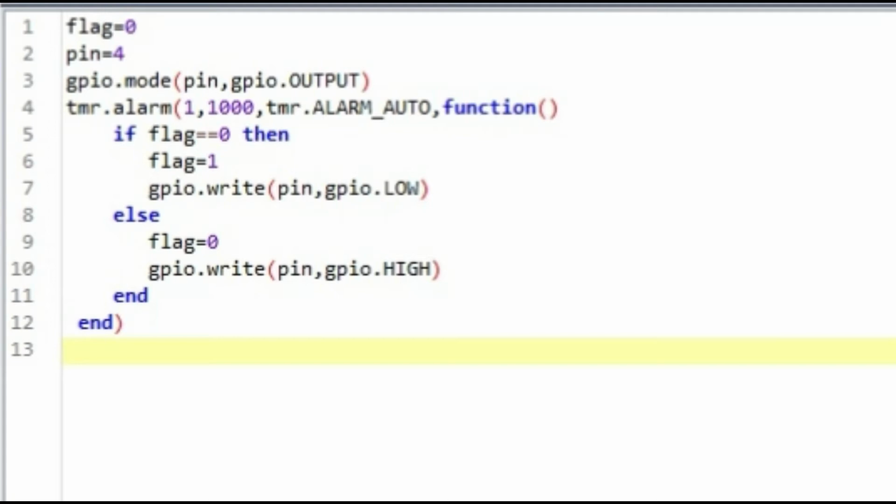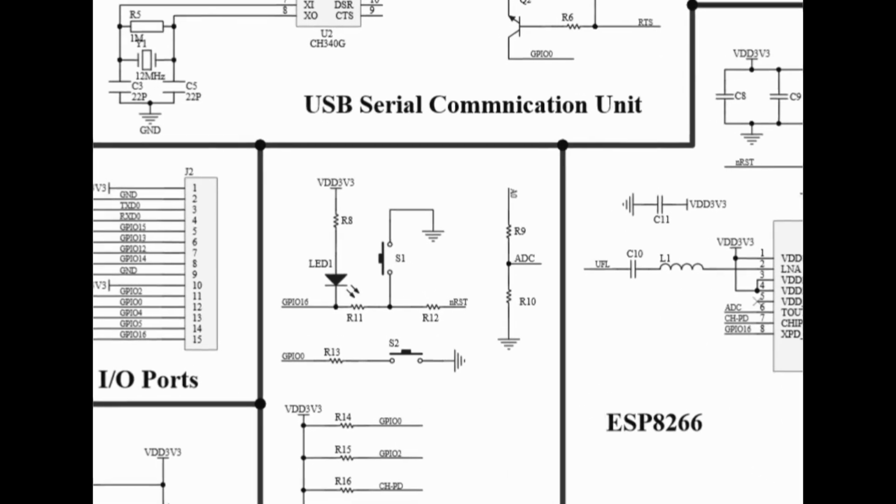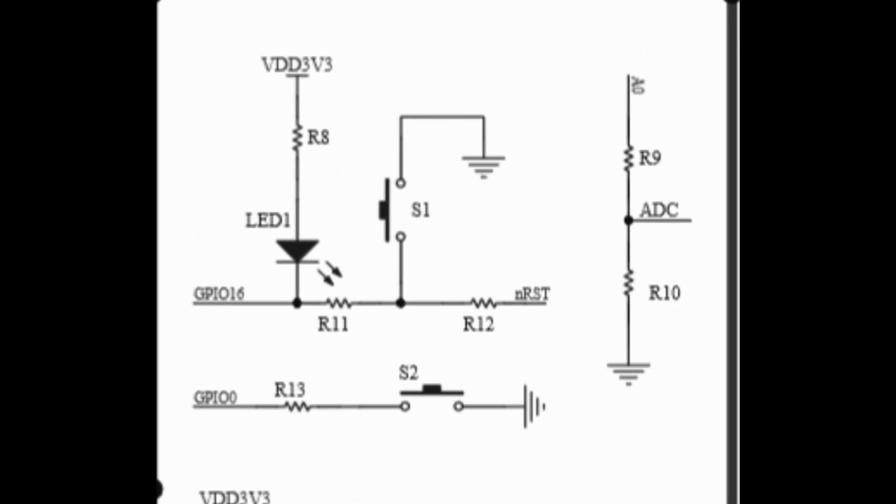After every 1000 milliseconds, or 1 second, the callback function is executed repeatedly. As you can see, every 1 second the status of the flag changes between 0 and 1. Correspondingly, the if-else structure execution also changes. Finally we get GPIO pin number 4 going low and high repeatedly at an interval of 1 second. And you can see in the schematic that the cathode of the LED is connected to the GPIO, so a low status on the GPIO pin will glow the LED and a high status will turn it off.